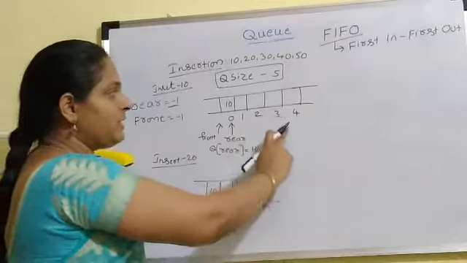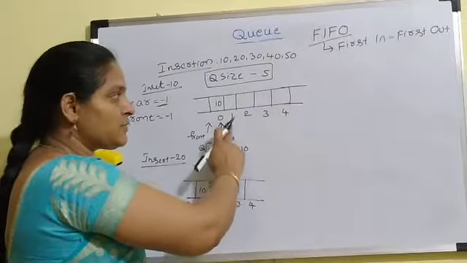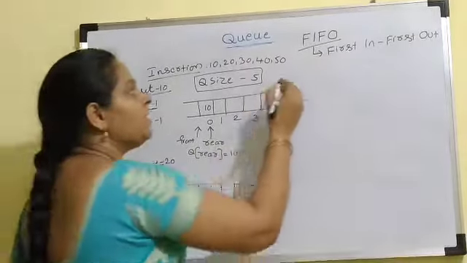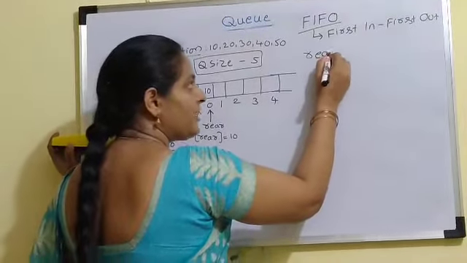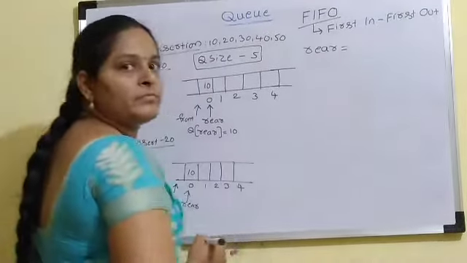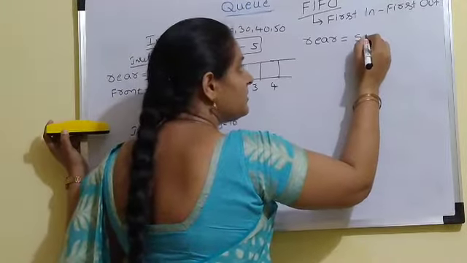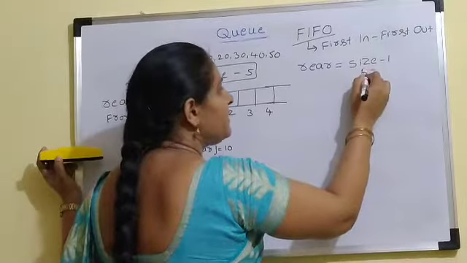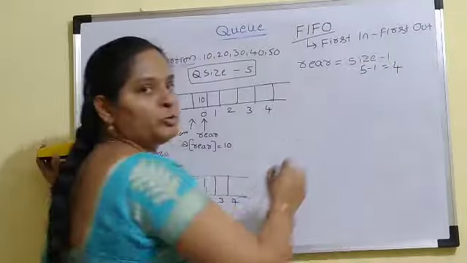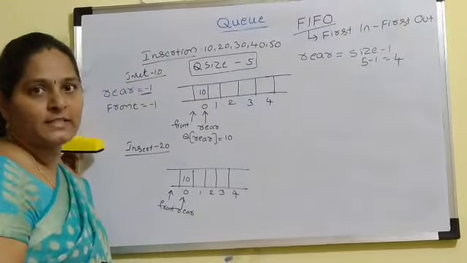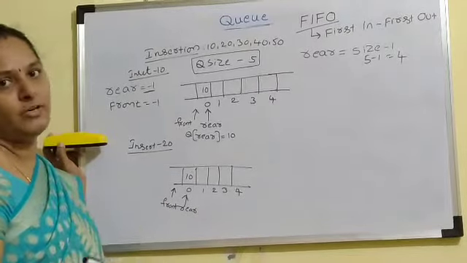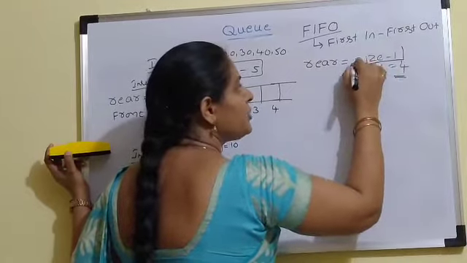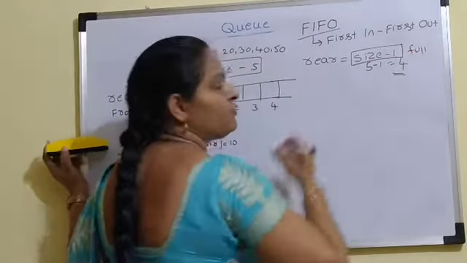Here you are implementing the queue using arrays. So indexes start from 0 to 4. So the last location means the 4th index. That means if your rear pointer value is maximum size minus 1, that means if your size is 5, then 5 minus 1. If it is at the 4th position, 4th index, that indicates that the queue is full. So this condition indicates the full condition or overflow condition.